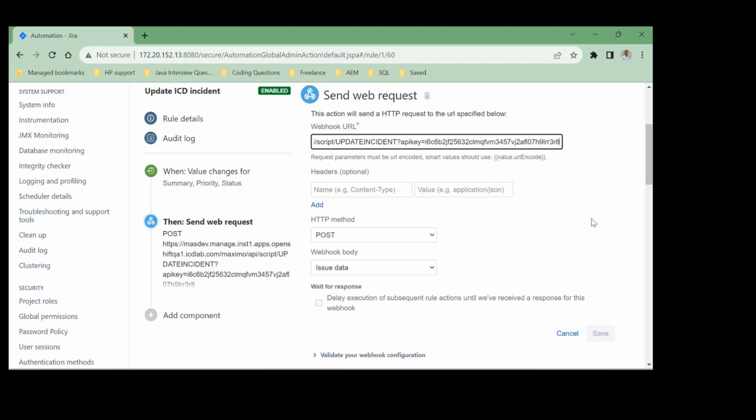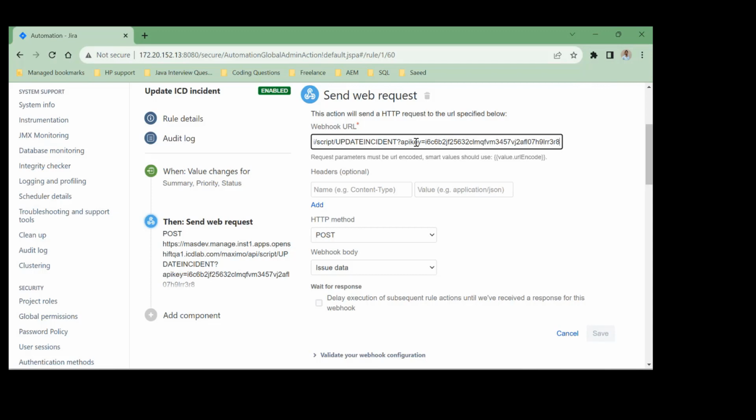Now go to the automation rule and see, this is the webhook URL. As you can see, an API key is also attached with this one. This is for authentication purposes, so that MAXIMO-IT recognizes